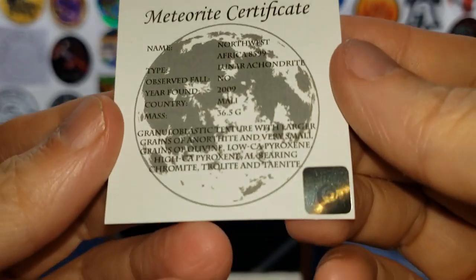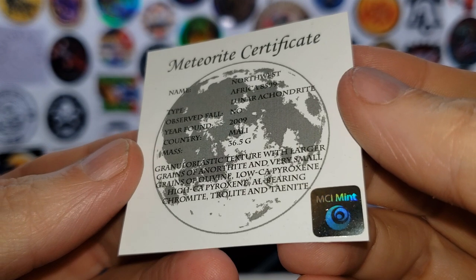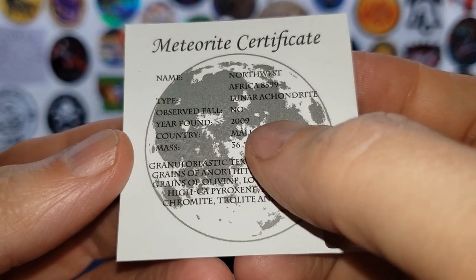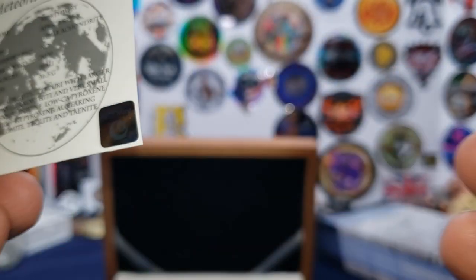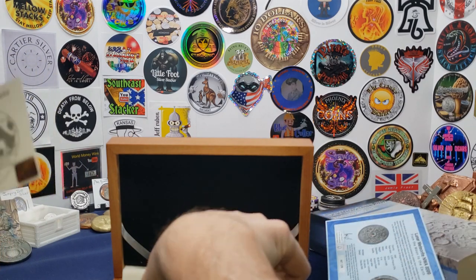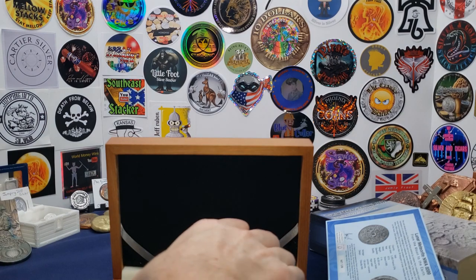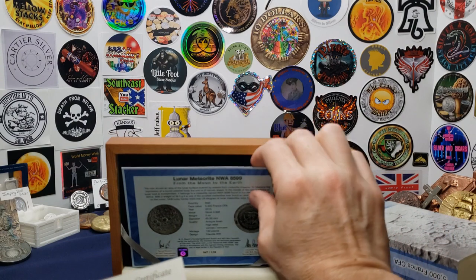And here is the meteorite certificate. So it looks like this specific meteorite was found in 2009, weighed 36.5 grams. So 36.5 grams, you know why, if they're using a piece of it on each coin, why there isn't a huge mintage during this year for this meteorite. Other years, like the next year,